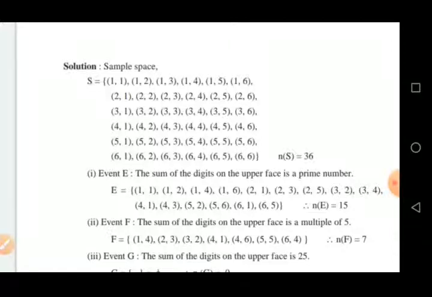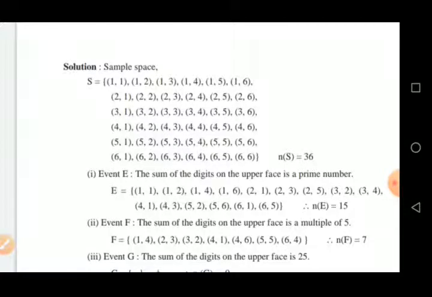Out of 36 sample points, we have to choose the results in which the sum of the digits on the upper face is a prime number. And you know very well what is the meaning of the prime number and which are the prime numbers. Now I am writing the elements of this set, event E.